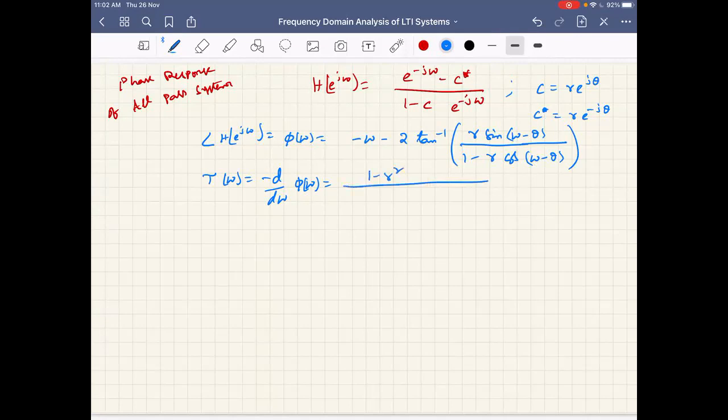The inferences are very important, so I am skipping the simplification for simplicity and directly getting into the inferences. See, if we analyze the group delay,